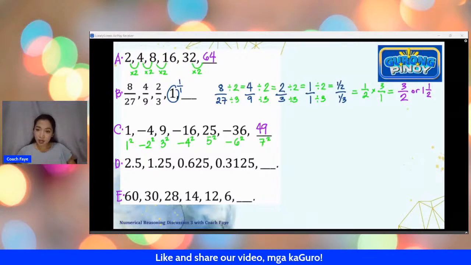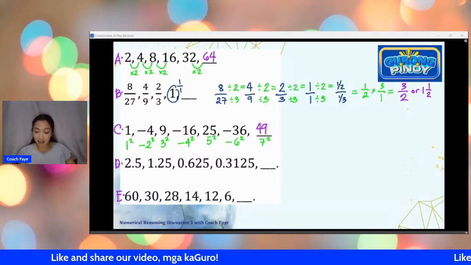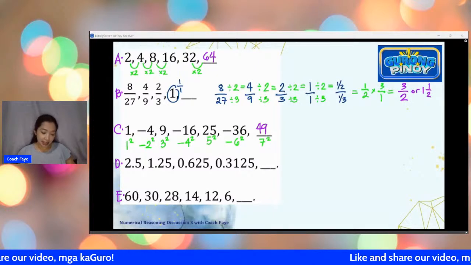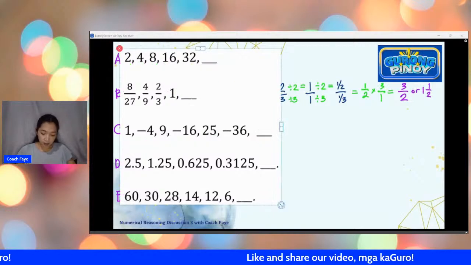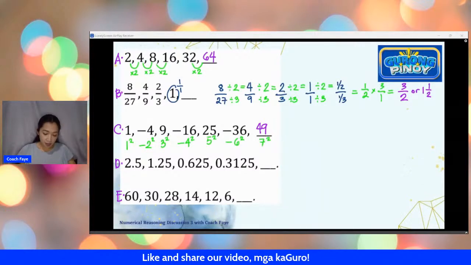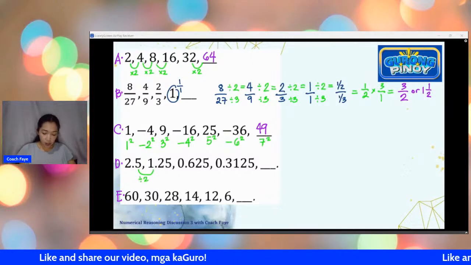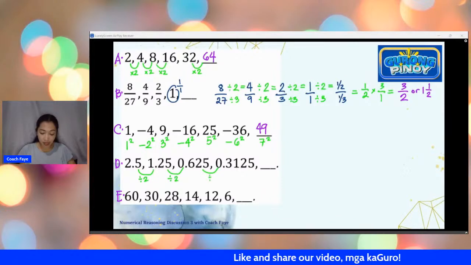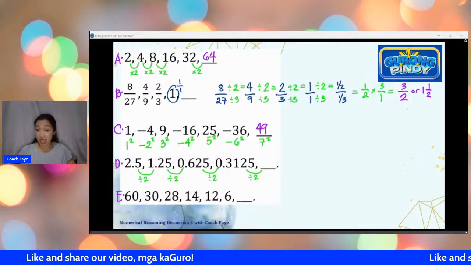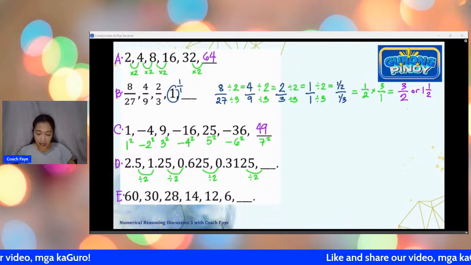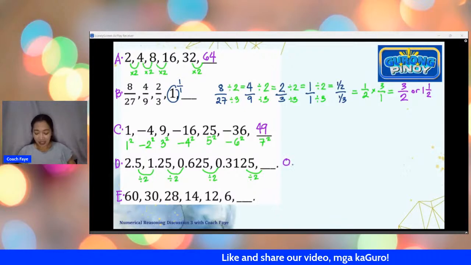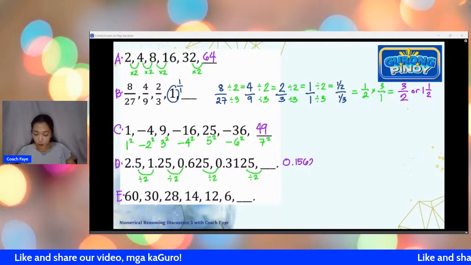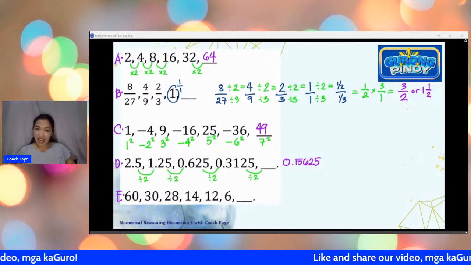Okay, eto na. Let's take a look at letter D. So ano po ba yung pattern here in letter D? So medyo simple lang naman yung pattern here in letter D, and that is simply, iba yung napindot ko. Ayan. You are simply dividing by 2. So ito po yung sinasabi ko sa inyo that the pattern is not always addition. Sometimes may subtraction, sometimes may division. So we expect na pag-divide po tayo ng 2. Ayan, pag wala pong calculator, baka medyo mahirap-hirap po ito. So practice na po natin na sumasagot tayo ng walang calculator. So this is 0.15625. Ayan, that's our letter D.